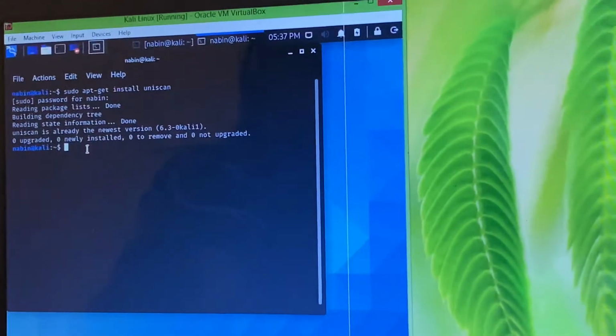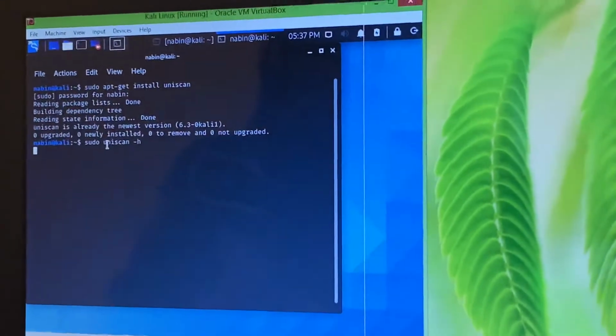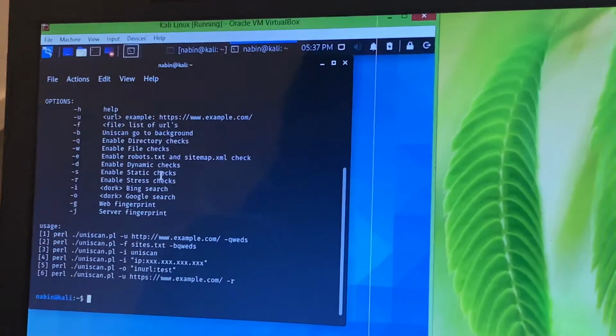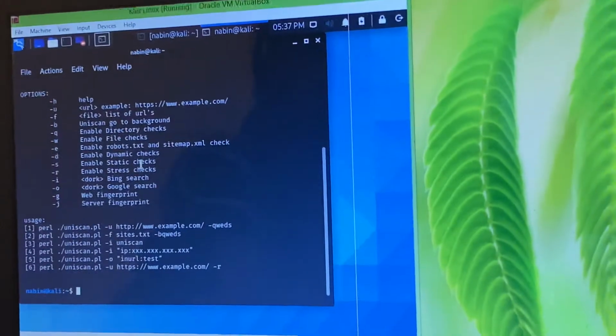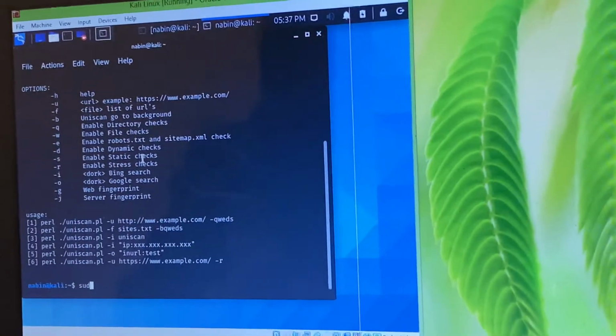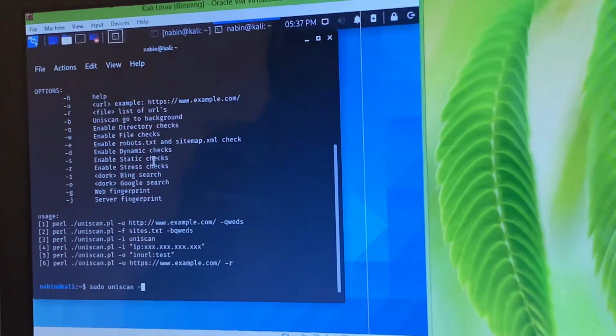Just like sudo uniscan -h, for example, if we want to find the information about any website, like colleges or Facebook or Google. Just as an example, I will try my own college, my MIT. sudo uniscan -u.